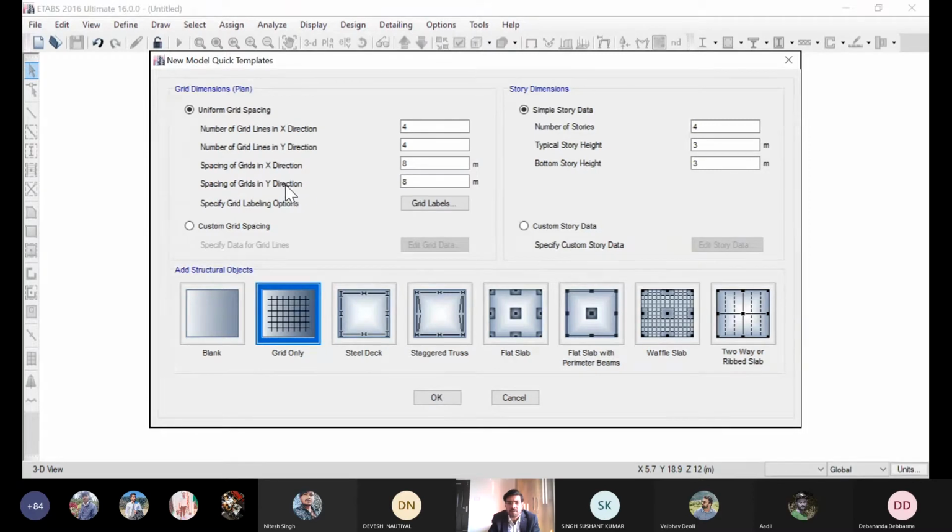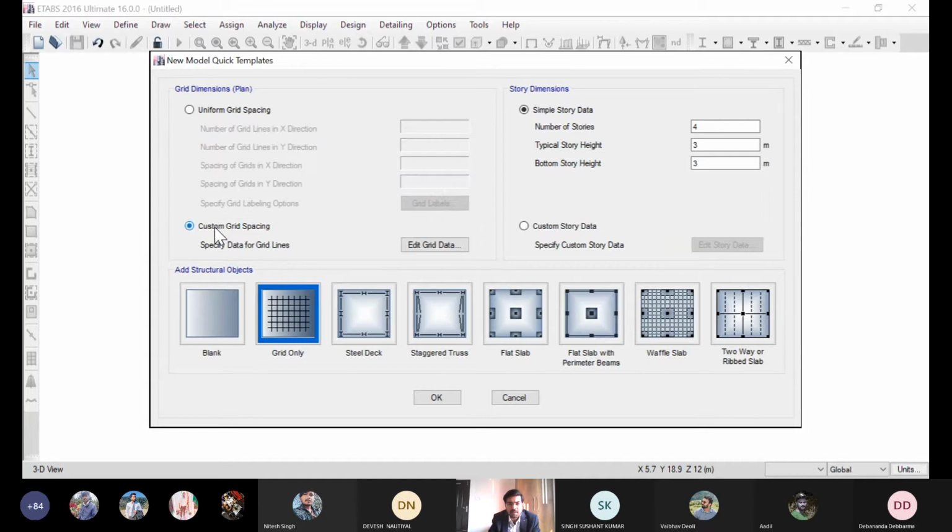The spacing of grid lines in the X direction is 3, and the same in this. This is the point where we know that all the reference lines are equal, which is not actually feasible in a practical building.